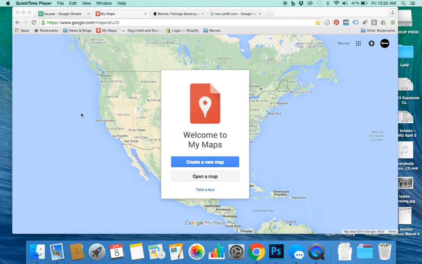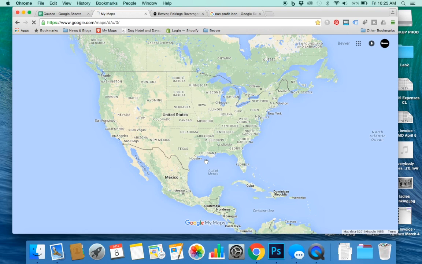Today we're going to make a custom map in Google My Maps. So to start, you're going to go to google.com/maps or just Google My Maps and it'll take you there. You're going to be signed into your account, create a new map,